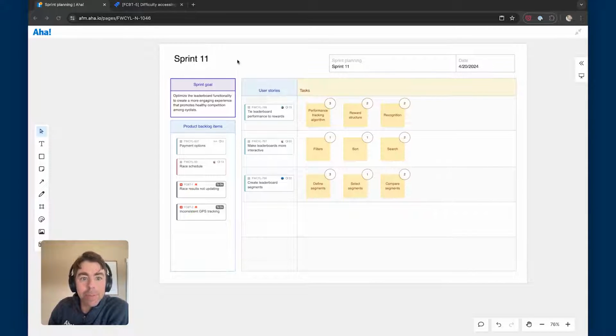I've got a sprint planning session set up, and you can see I've already identified some of the top priorities from a product side from AHA Roadmaps. Y'all know how to do that. These are those features. But I want to add in stories from engineering too. They have some technical debt they want to tackle in this sprint, and I think we should put that alongside